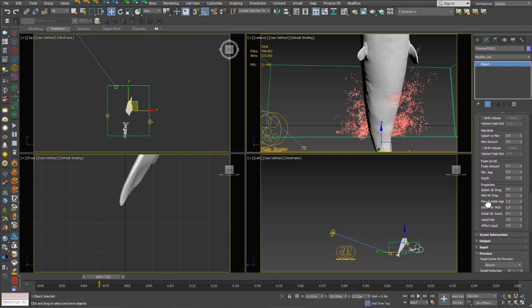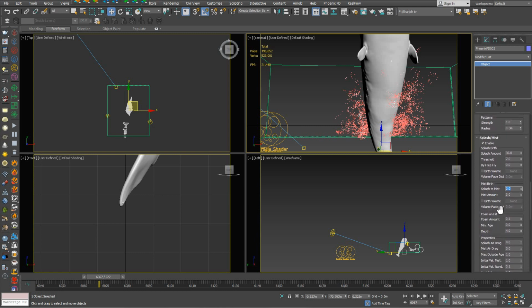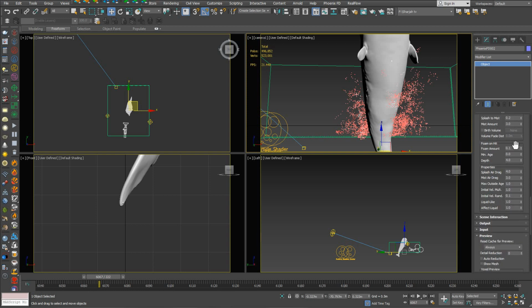Now also I can add a mist, and for the mist all I need to do is add just a little, maybe 0.2, and see how that will form the final amount of particles. And maybe I will decrease this because I want it to move freely, and for these I will just increase this because I want the splashes to live more. That's it. Now for the liquid, we will study this, and that's extremely important, but let's just start